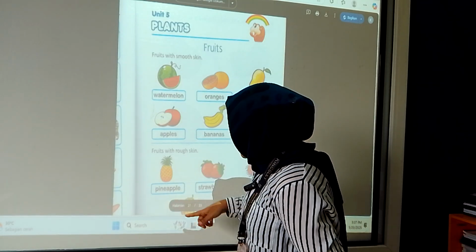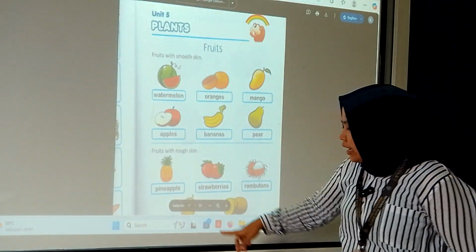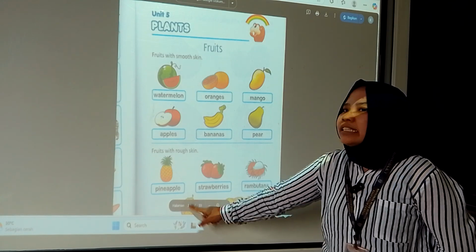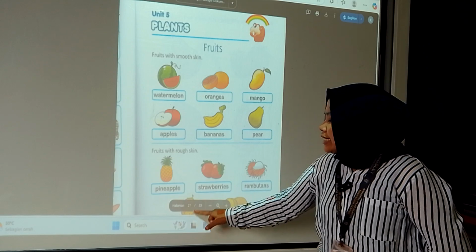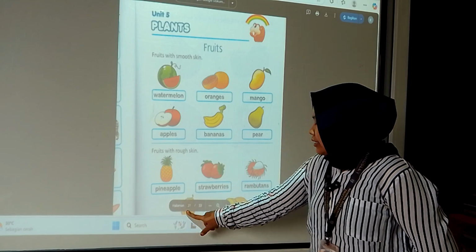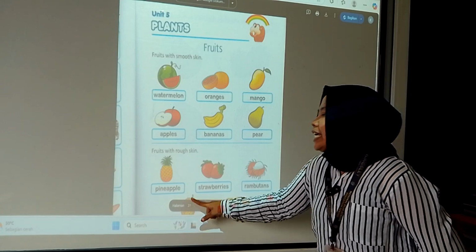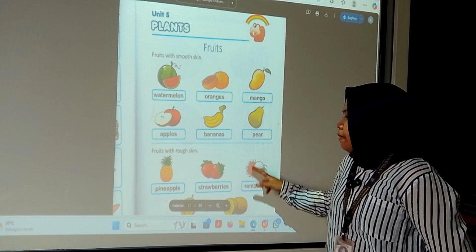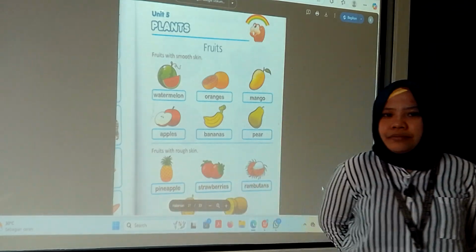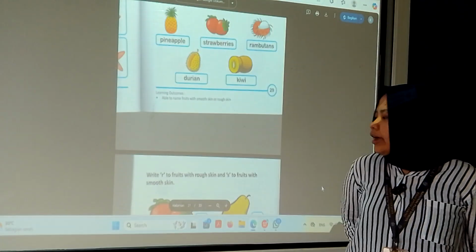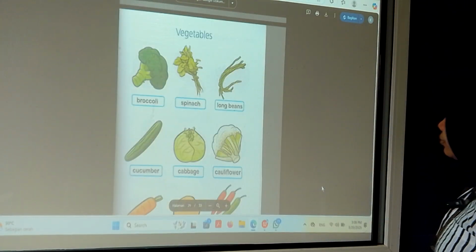But if you touch durian, you can feel it has rough skin because the skin is sharp. That's why we can say this is rough skin, like rambutan. The texture is bumpy. Okay, I think that's all about smooth and rough.